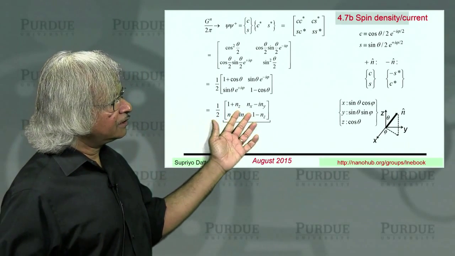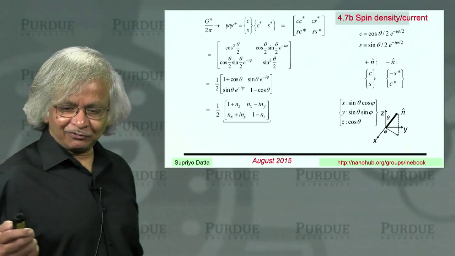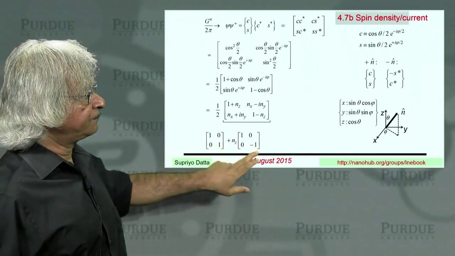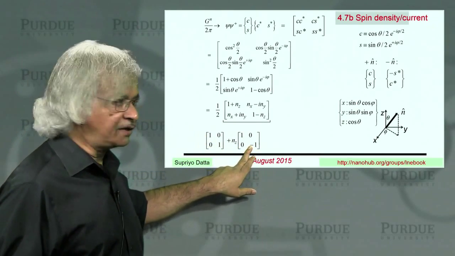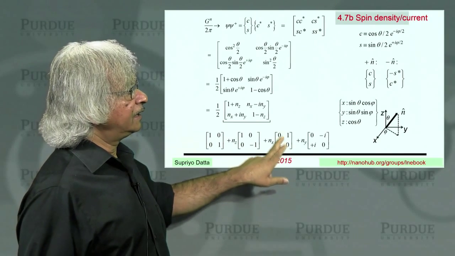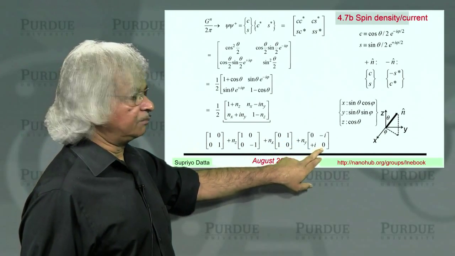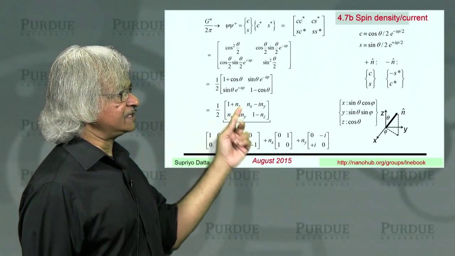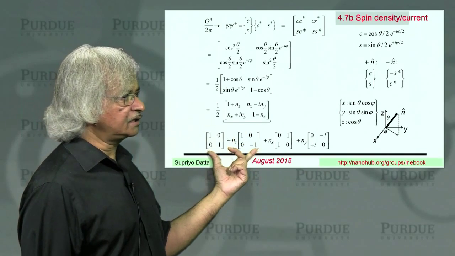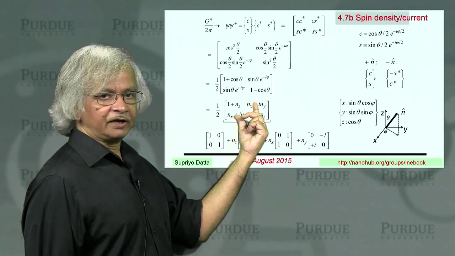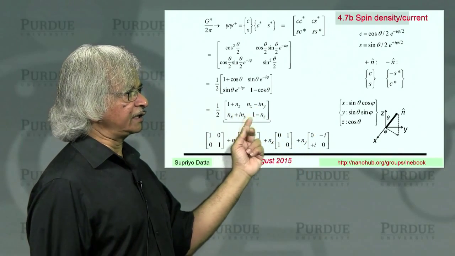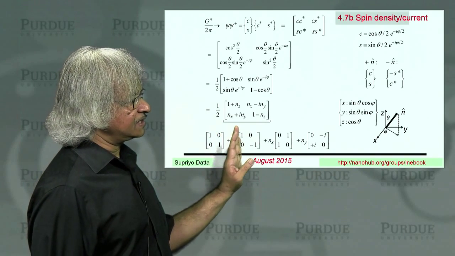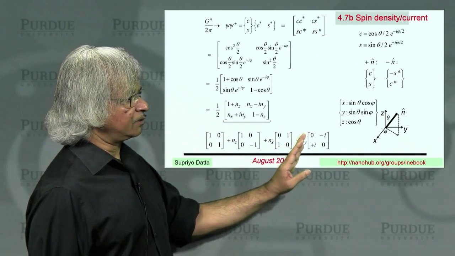And you could write this out in terms of our favorite 2 by 2 matrices, namely the identity matrix, the Z component of the Pauli spin matrix, and then the X component and Y component of the Pauli spin matrices. This and this together give me 1 plus nz and 1 minus nz. That's the diagonal part. These two give me the off-diagonal part, nx minus i ny and nx plus i ny. So what you have then is I plus nz sigma Z plus nx sigma X plus ny sigma Y.